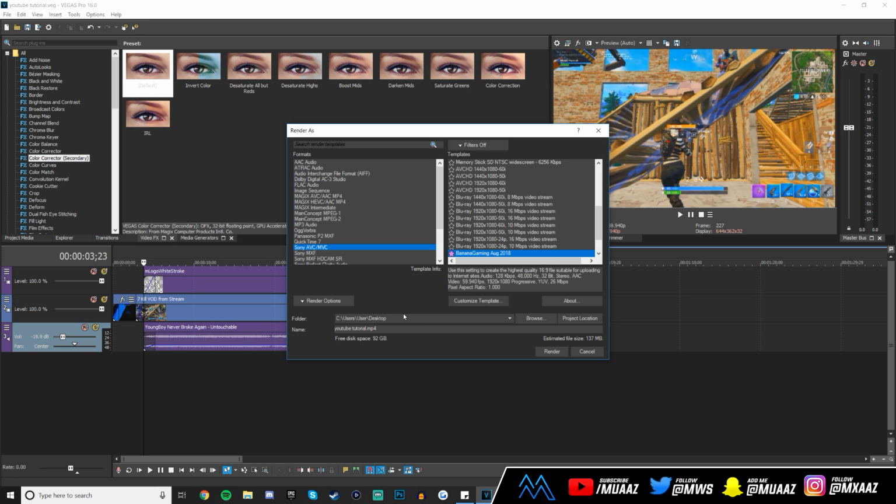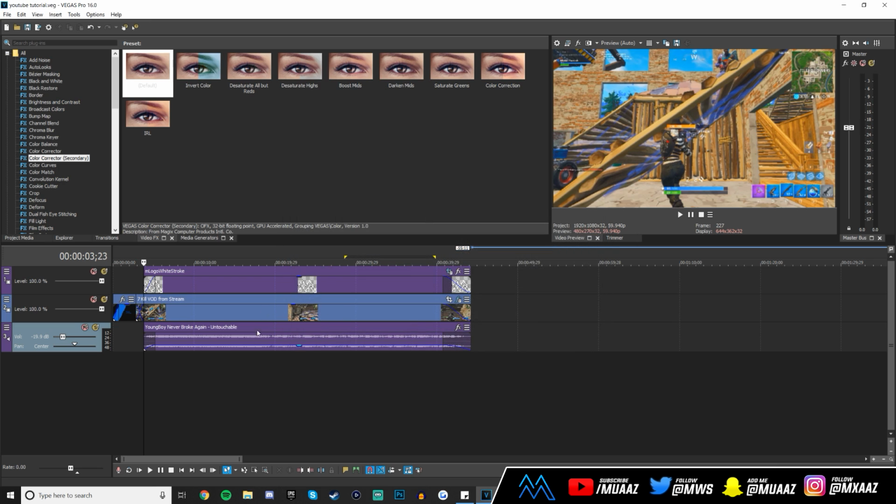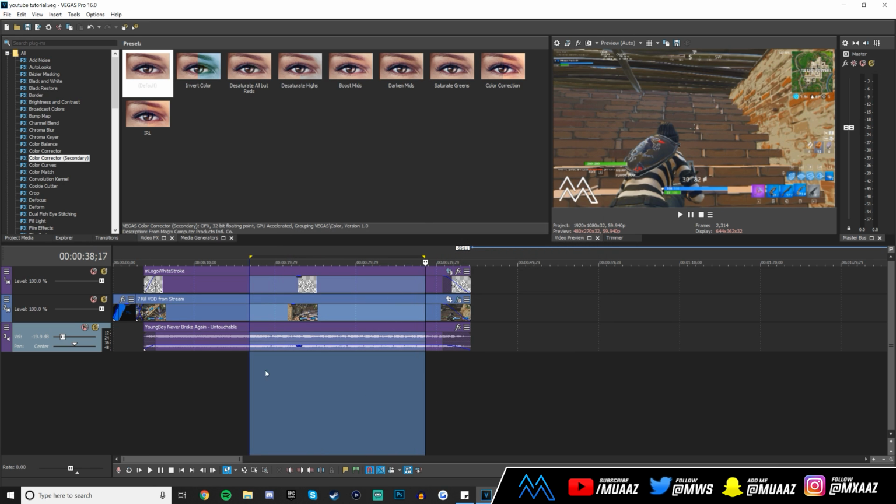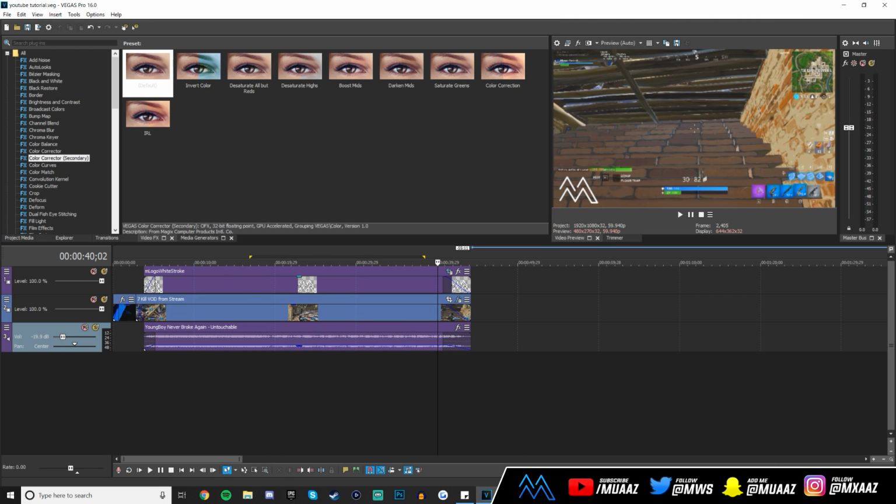And if you want, you can change the destination to wherever you want your final video to get saved to. So I'm fine with just leaving it at my desktop. And one thing I do want you guys to make sure that you do is click the render options button right here and make sure that render loop region only is unchecked. If it's checked, then that means it's only going to render whatever you have selected at the time. So if you have this selected, then you want to use render loop region only because that's all you want to render. But if you want the entire video to render, then all you have to do is just make